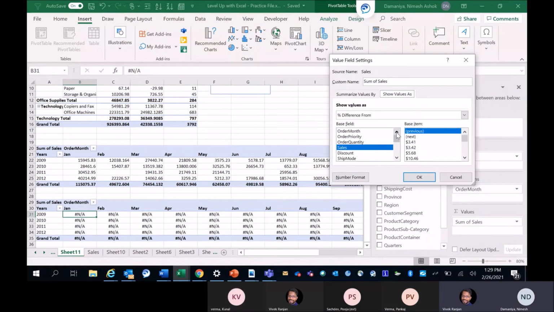In base field, how do you want to do a comparison? Are you doing a month over month comparison, or a year over year comparison? First, tell me. I will do month over month. So for that, you select order month, and in the order month, you select the previous order month. When you select previous and click OK,